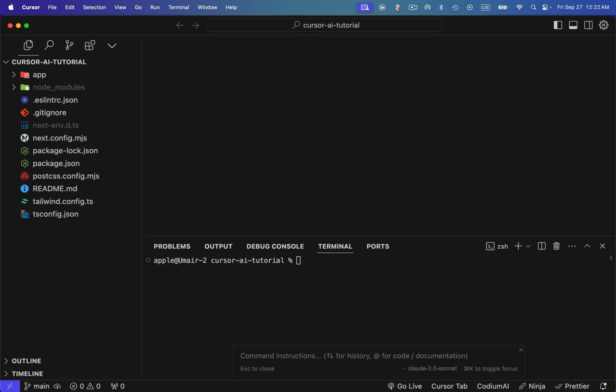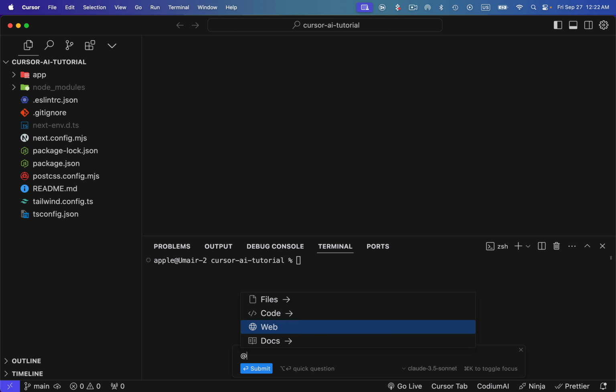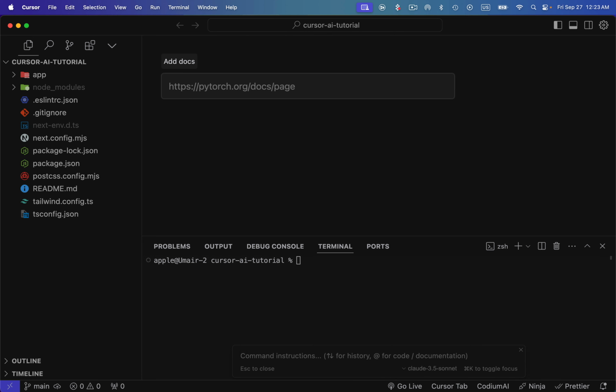And then if we write this @ sign, we can add different files, we can add different coding references, or we can add the web addresses or the docs. For example, if you think that Cursor AI is not aware of the modern latest technologies that are just released today or tomorrow, maybe for example there is a Deno 2.0 variant just released a couple of days ago, and there is a chance that Cursor AI is not aware of its built-in commands for Deno runtime, which is an alternative for Node. So you can give the docs reference for that, add a new doc, and here you can add